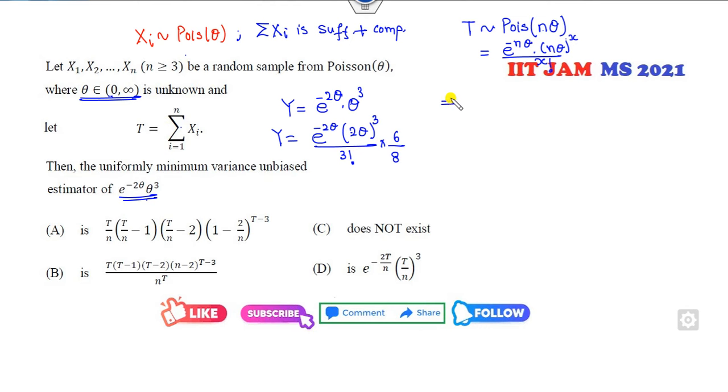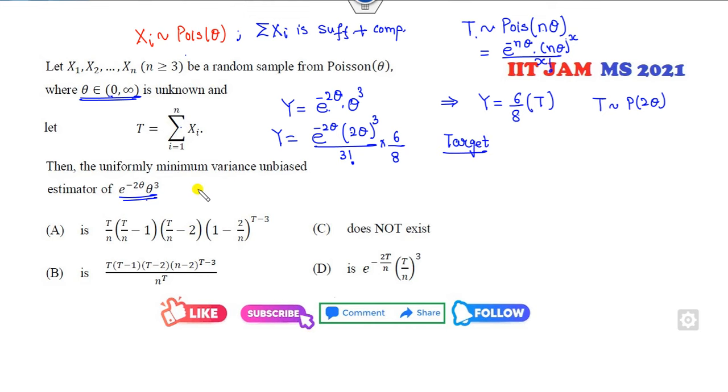So what does it mean? This y is nothing but 6 over 8 into Poisson distribution of 2 theta. Fine. This is my capital T, where capital T here is Poisson distribution of 2 theta. Then your target is to find this one. That's very simple. Okay. Now how can you think about this? So firstly I can write, so your target is,